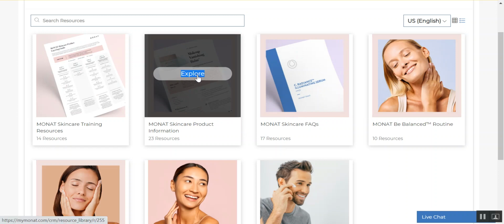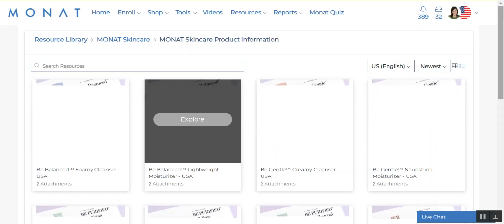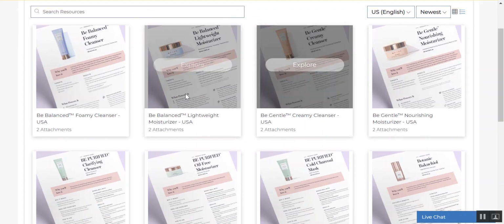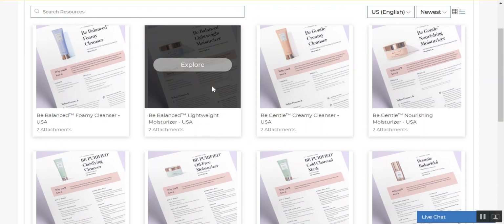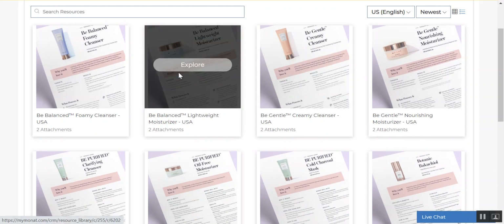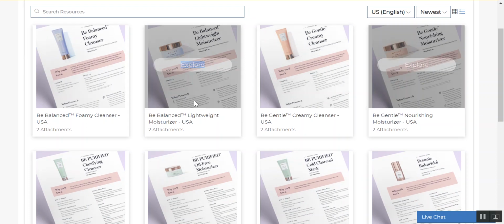So if you come in here, let's say that I have a client who's getting the Be Balanced moisturizer. I can actually send them a PDF of what it is, or for creating content, if I want to talk about these products, I need to know what I'm talking about. And in here, this makes it super easy for you guys. They have everything you need to know